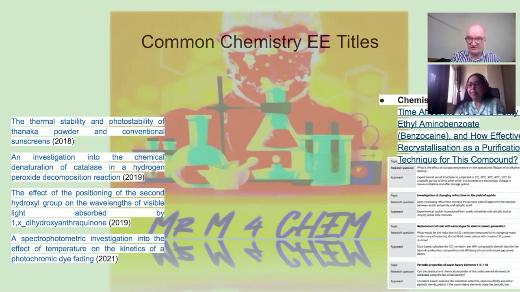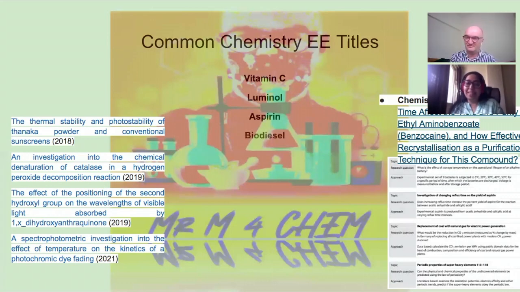If we look and see what are the most common chemistry extended essay titles, at the top, as the same for internal assessment, we see some variation on vitamin C. Yeah, vitamin C. Oh my God, we have been tired of looking at vitamin C percentage in IAs and EEs. I am sure everyone else also, all our examiners and moderators, they would agree on this. They would wholeheartedly. I can hear a round of applause being echoed from the back row. Yes. Another common one, of course, aspirin or luminol. All these are the very, very common topics that we have been looking at. Biodiesel again, yes. So when you hit Google or when you first think of it, you will just think of these topics. But we would definitely not recommend taking any of these for an extended essay,